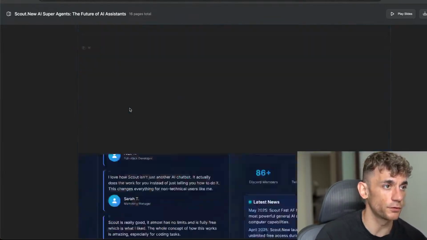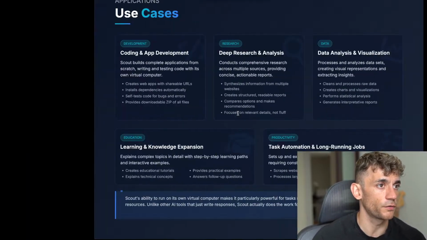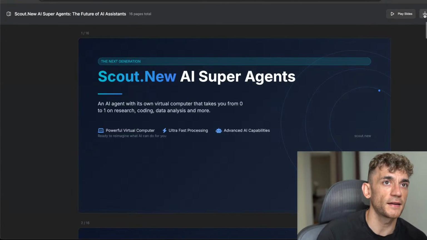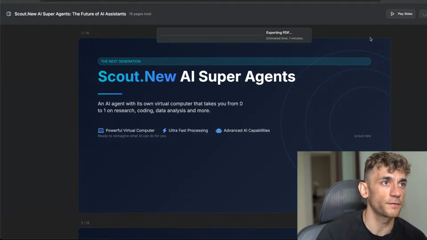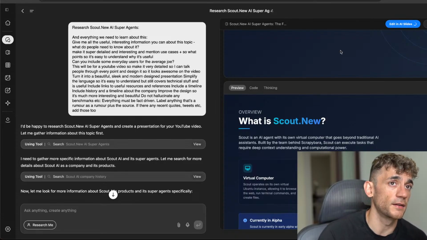They can just scroll through the page. You can also play the slides here. So if we play it, you can scroll through like so. And you can export that as well. So you can export it as a PDF and then just open it up later. Or you can edit in AI Slides as well. So if you click on edit in AI Slides,